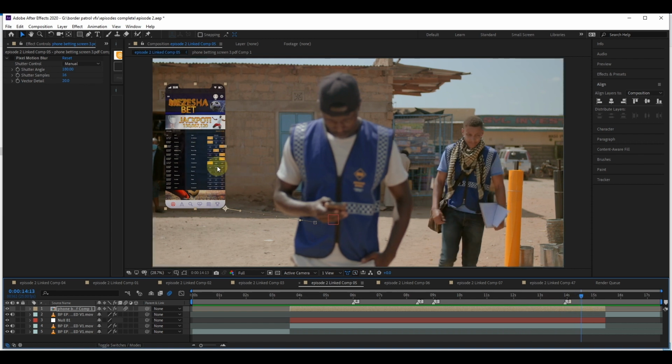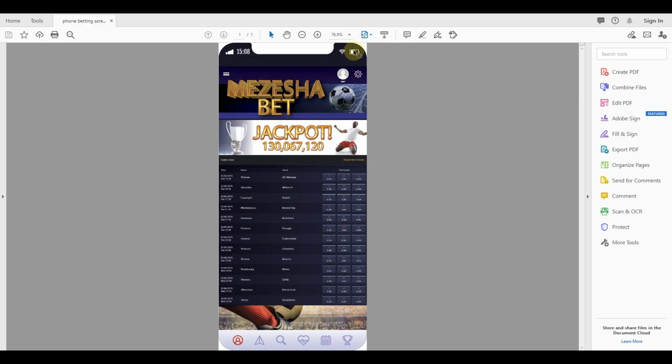So how did we achieve this? First and foremost, we had to create our own mockup. I did it in Illustrator. This is what I created in Illustrator, this entire graphic, but I left these selection areas blank, so that when I go to After Effects, I can easily place my selections on top of them using blend modes.